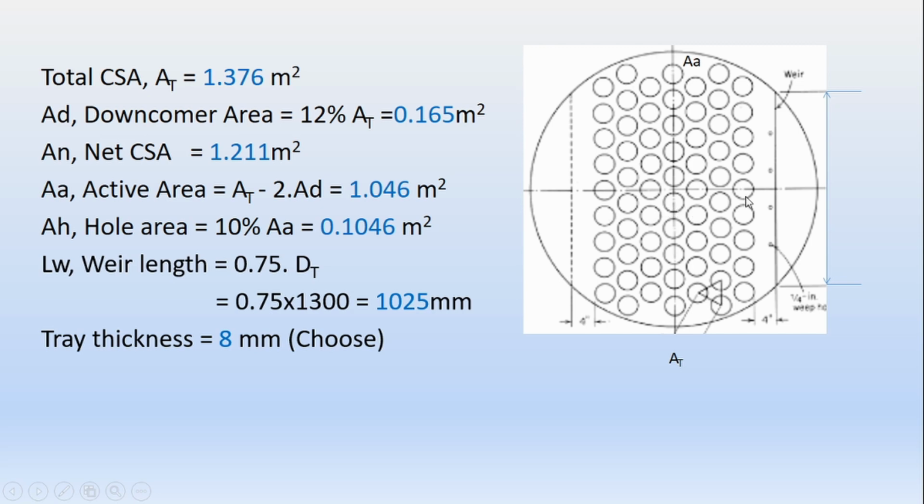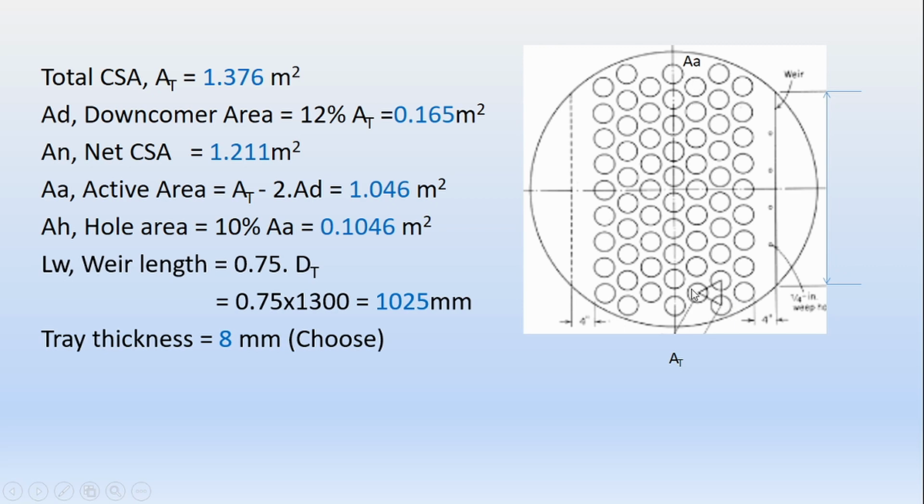Then it starts filling here. It flows in this direction, from left to right, and then it fills completely over this active region or the bubbling region, because there is a weir over here also. Until the liquid comes to that level, it will be filling completely here. To that level it fills, and after that it overflows and goes down in the column. As per this diagram, these bubble caps are laid out in a triangular pitch. You can show that also in your diagram when you are making it.